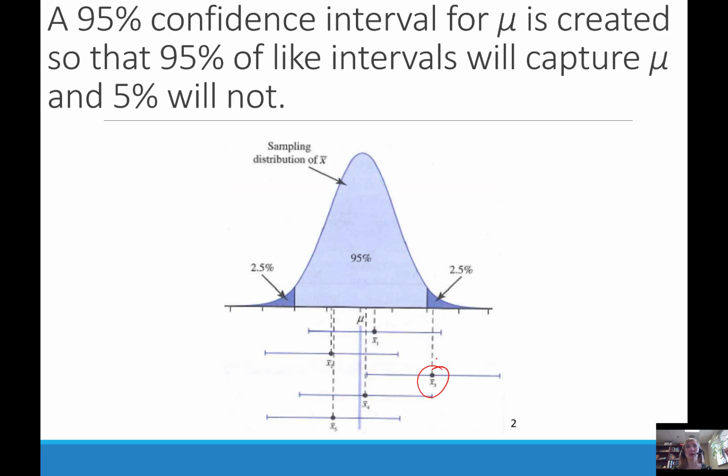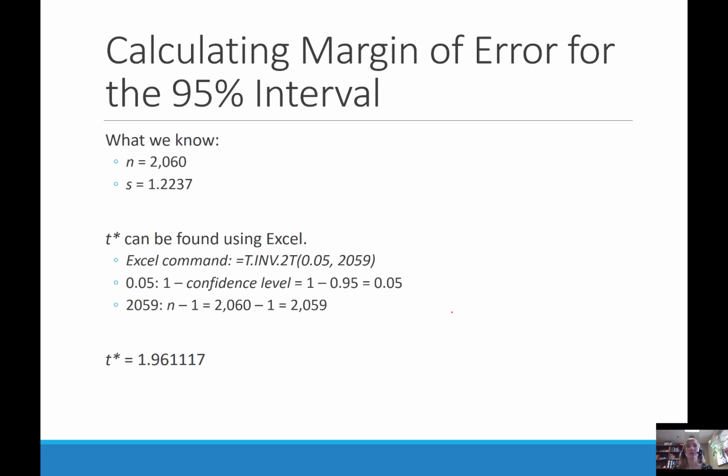Looking at the previous slide, T star is the cutoff point on the x-axis for the 95% region. To calculate the margin of error, we need all three pieces of information. We know from the previous lecture that our sample size is 2060 and our sample standard deviation is 1.2237. We can find T star using Excel. The Excel command is